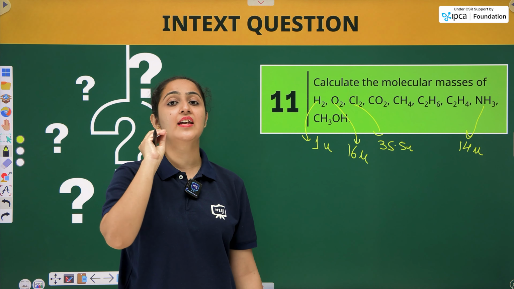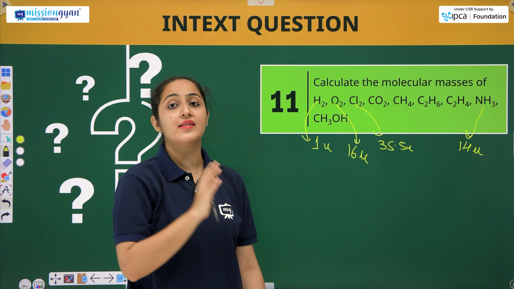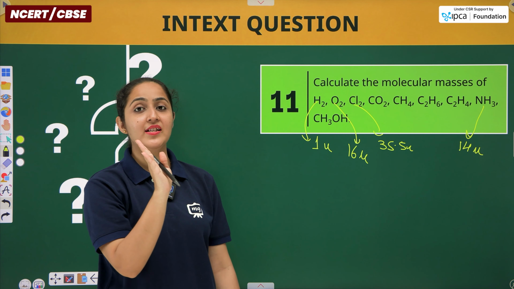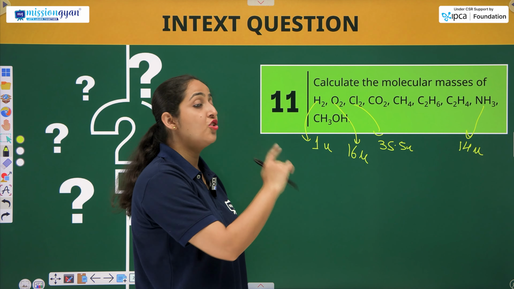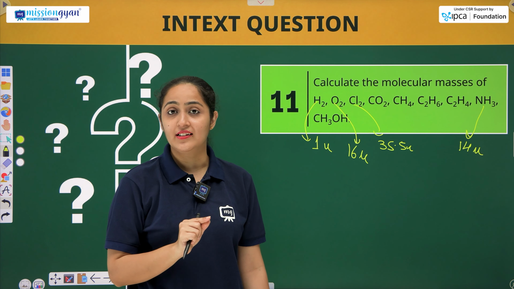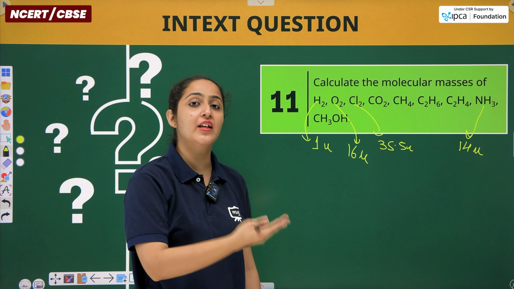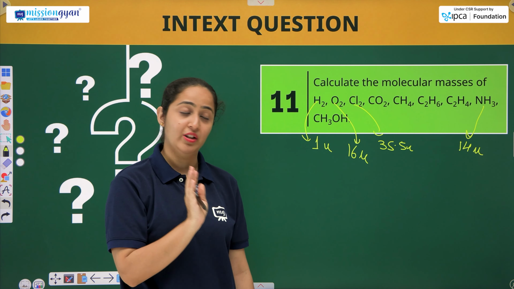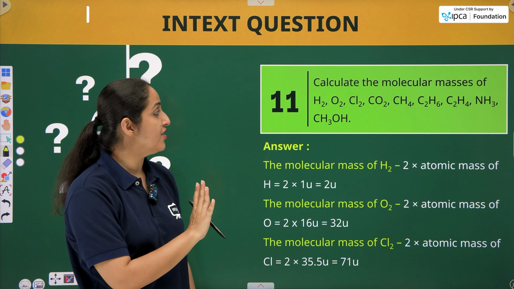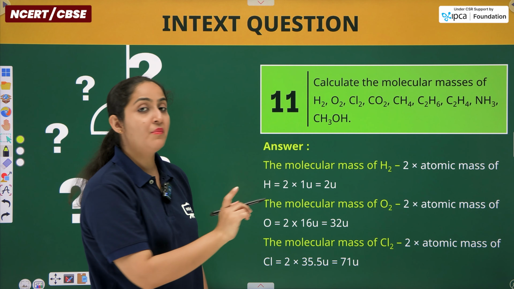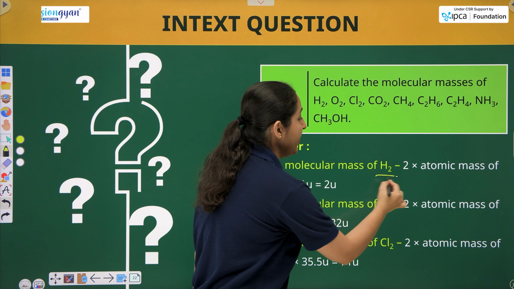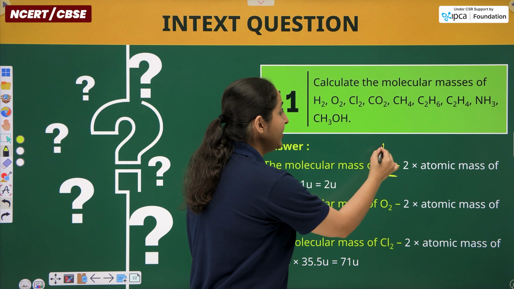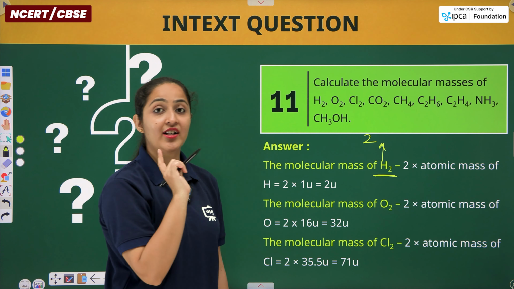ये इन elements की आपको atomic masses जरूर याद रखने, ठीक है. अब हमें क्या करना है, जब हम molecular mass निकालते हैं, calculate करते हैं, तो हम atomic masses को add करके करते हैं. The addition of atomic masses will give rise to the molecular mass of the compound or the molecule. Is it clear? So कैसे करना है students? Molecular mass of H2, यहाँ पे H2 है. So it's a hydrogen molecule, hydrogen gas है ये. So इसके अंदर 2 atoms है. There are 2 atoms of hydrogen.